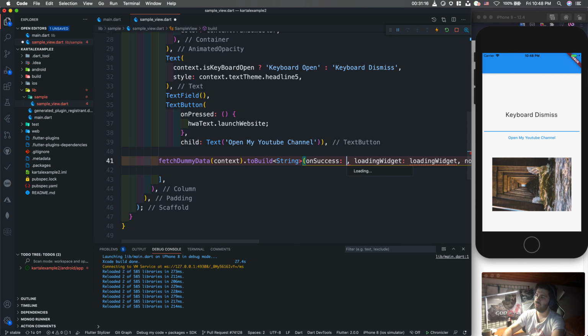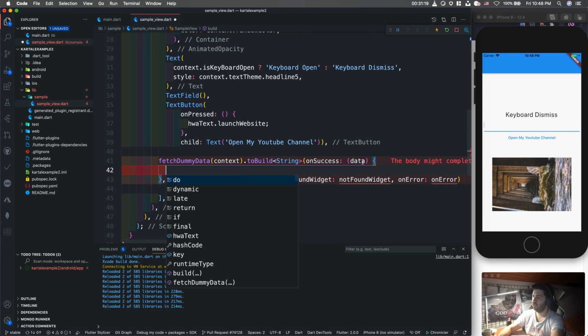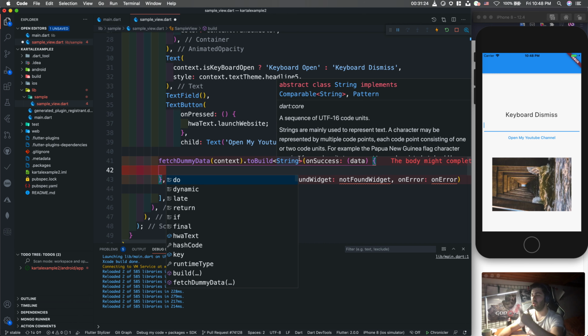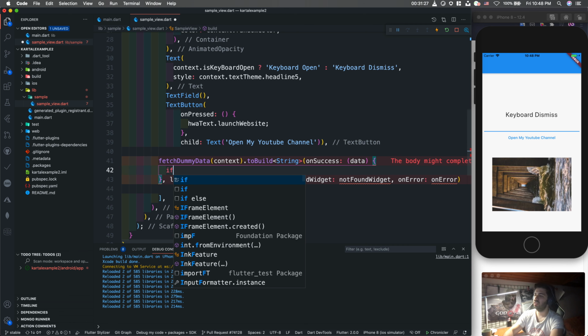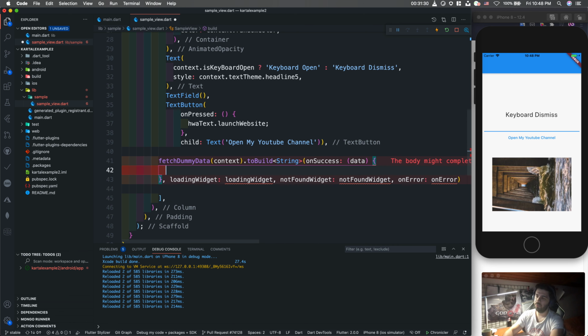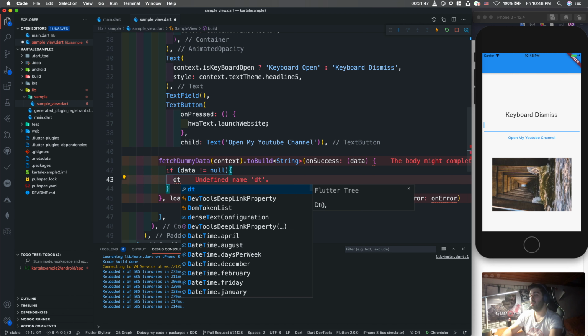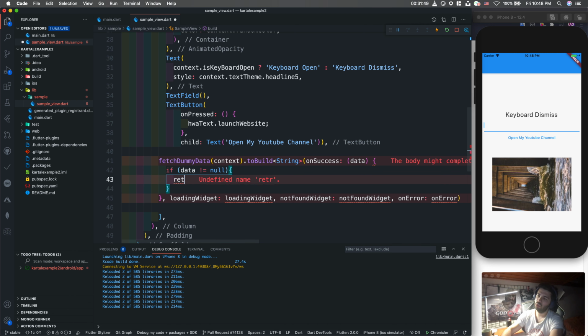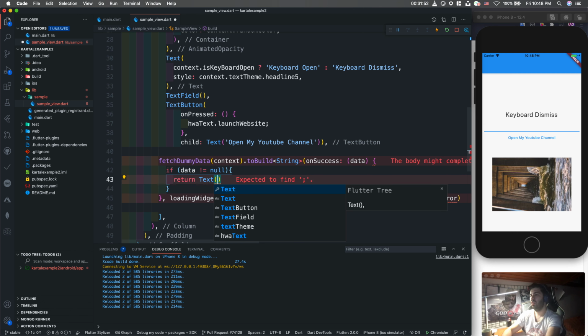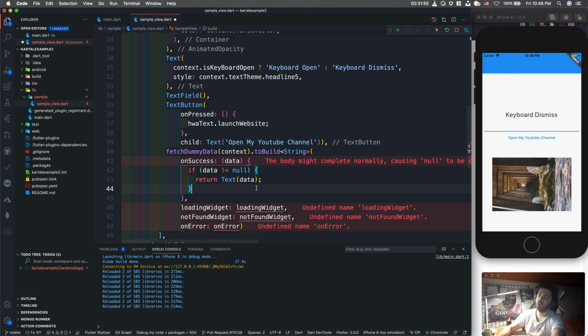Your callback returns data, but you see that data is string or nullable, because we know it supports null safety. You can check this: final data, or if data is not equal to null, doesn't equal to null, you can write return Text data, or if any problem,